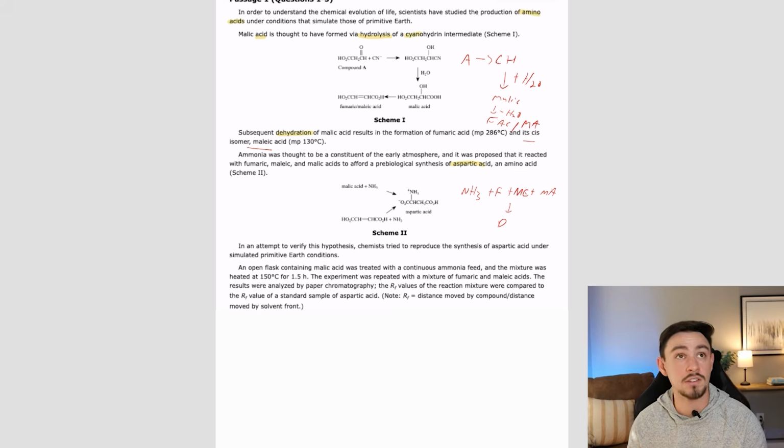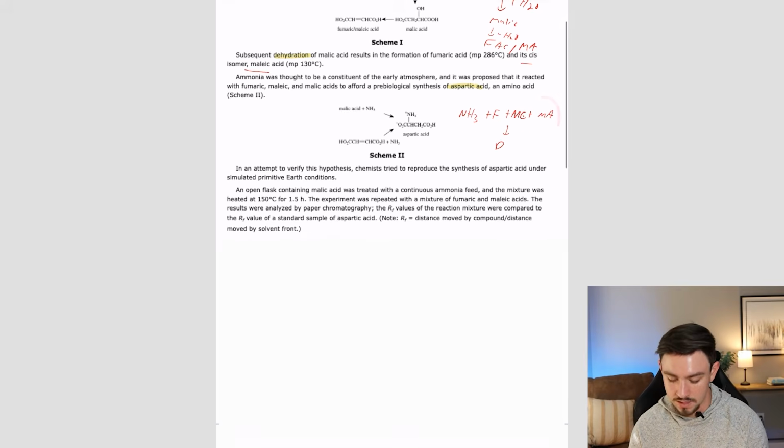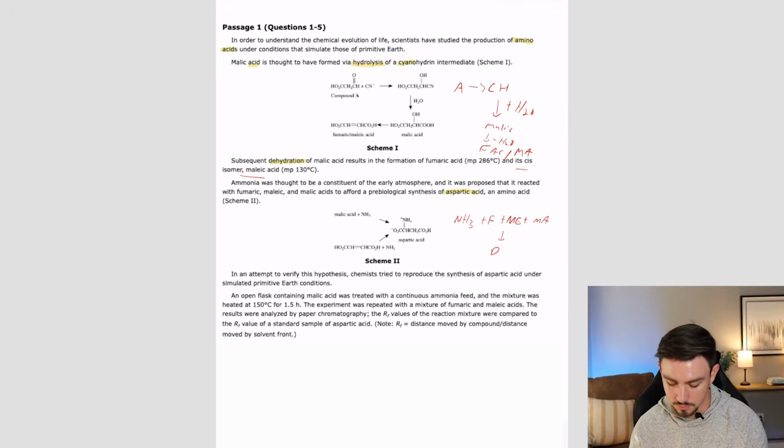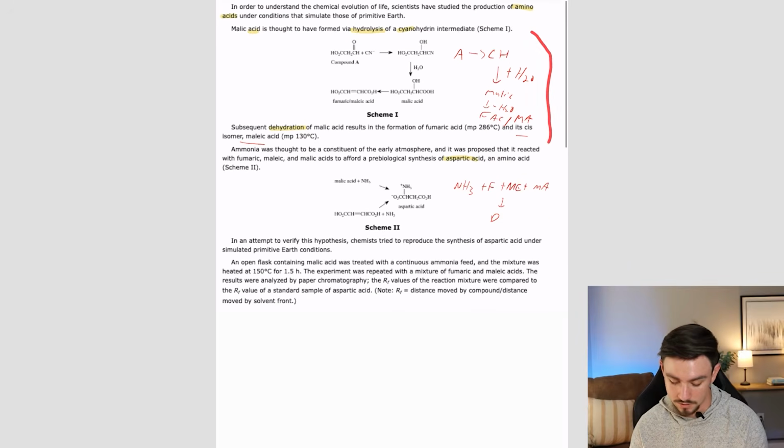And I've seen tutors teach that all passages have that if you look hard enough. I don't think that's true, but I do think it's not a bad idea to be aware that that's frequently a way that they will structure passages, especially on the CP section. So they observed that we have aspartic acid, and they thought about how could it possibly become, and then they went to the whiteboard and they drew this out,